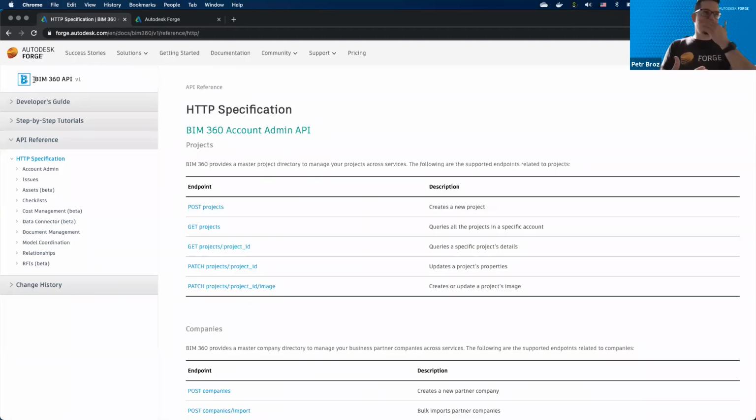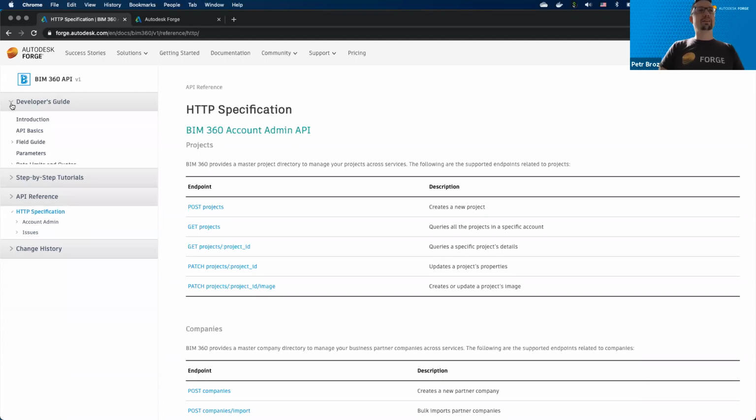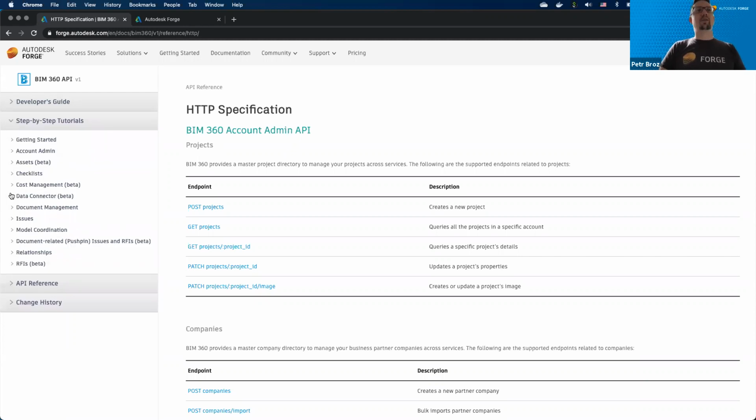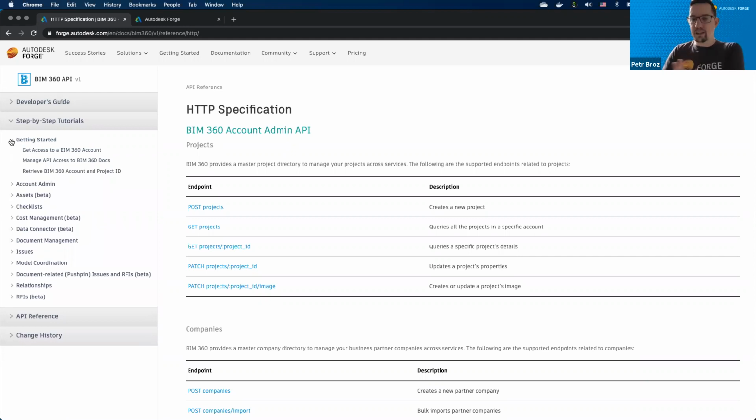Right, so BIM 360 API is one of the services available in Forge. This one specifically allows you accessing and managing your content in existing BIM 360 projects. If you look into the developer's guide, under step-by-step tutorials and getting started, this will be important for those of you who do want to access their BIM 360